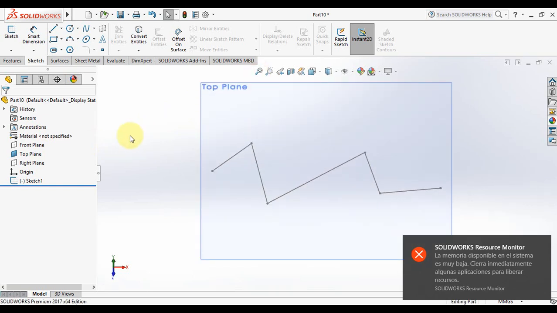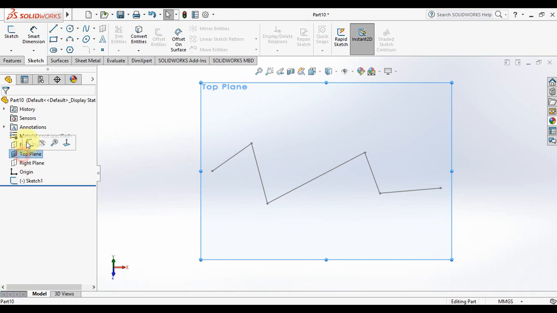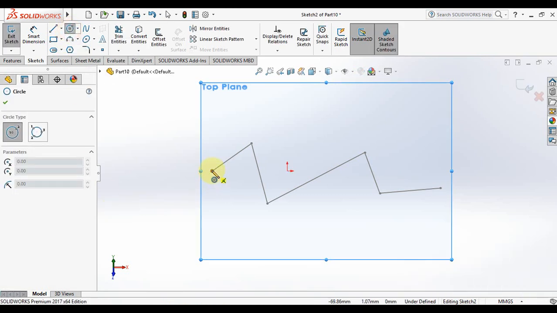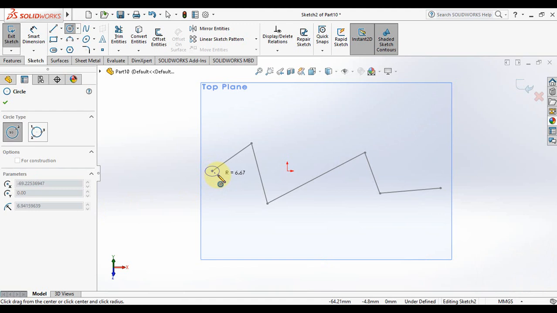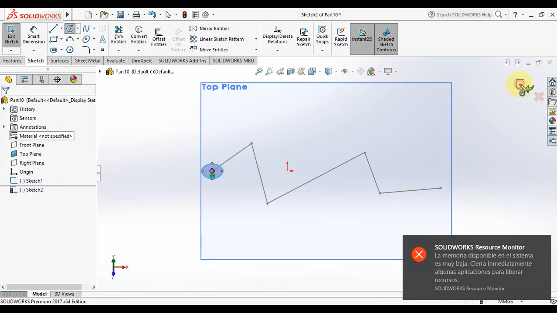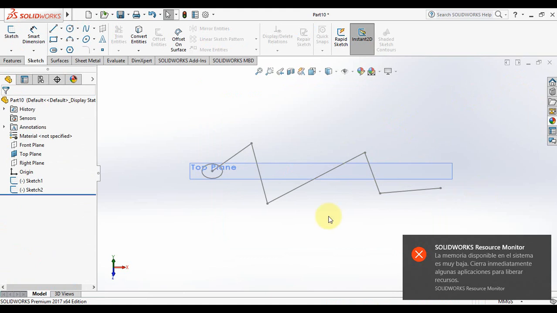Now the second drawing will be on my top plane. So I'm gonna select top plane, and you can make any kind of closed contour. So I will make a circle, for example. The circle will have to be touching the first point. Why? Because if you remember, the first point was touching both the top plane and the front plane. That's how it works. So you finish the circle, you click here to finish the sketch,